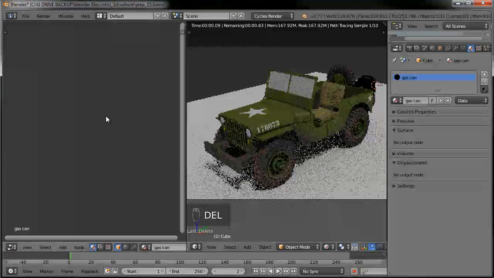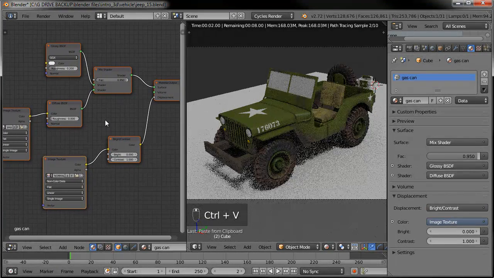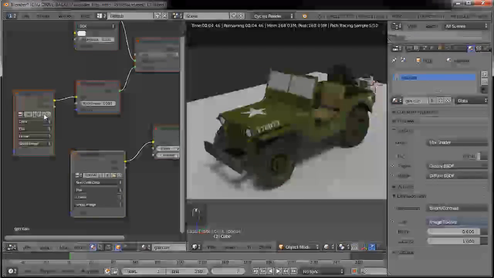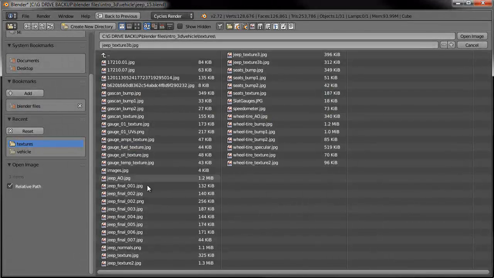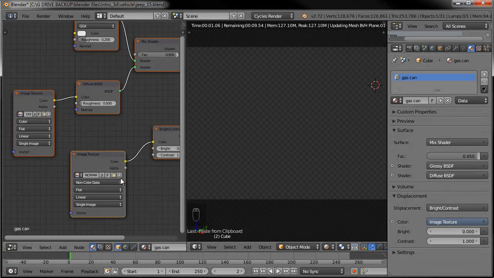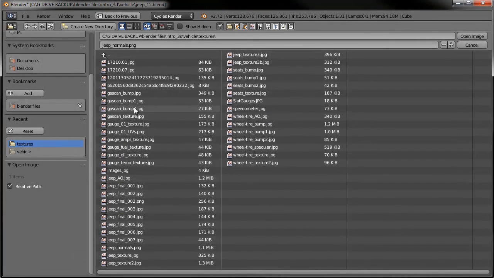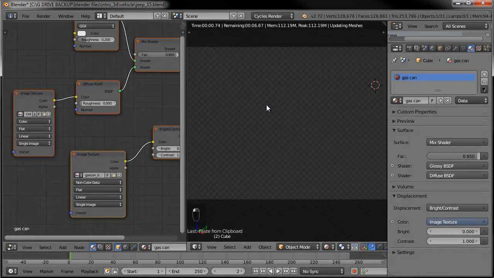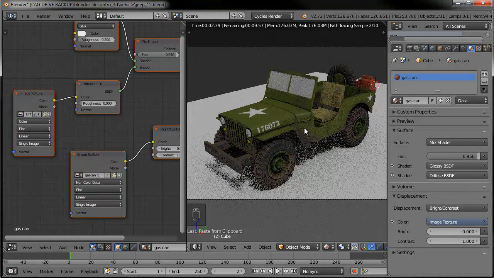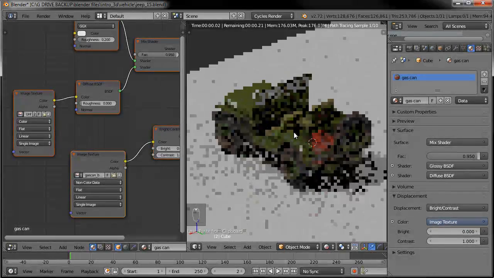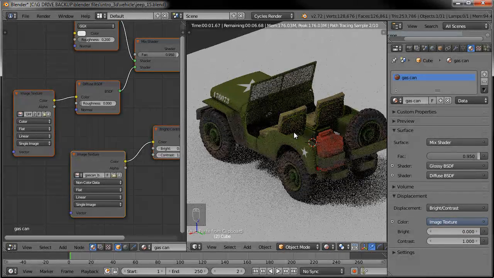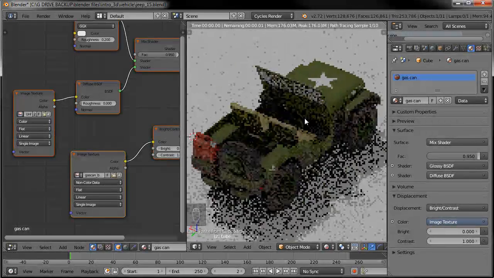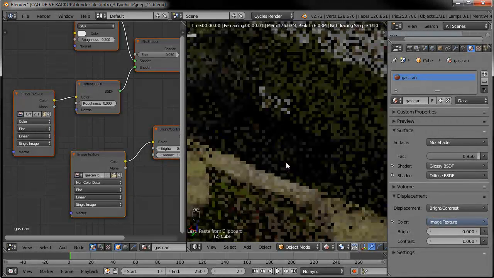Delete the defaults, paste in the setup already, and then make sure we change the texture map. So gas can texture, open. Okay, and then go ahead and open in gas can bump 2, open that. Okay, so all the actual texture maps are good to go. We can rotate around our scene and zoom in here and see that everything's, well, I said that. We need to go ahead and do the